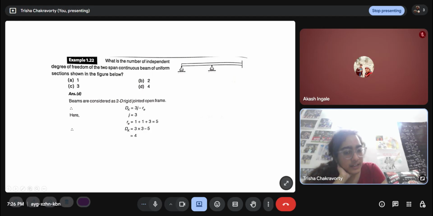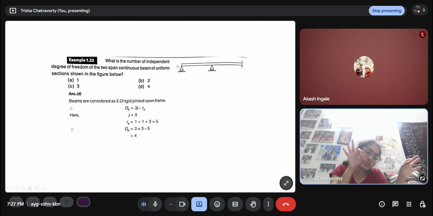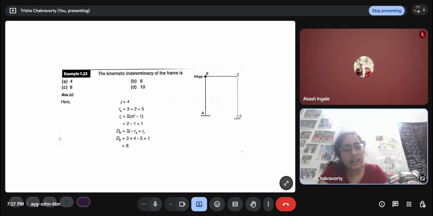What are the four degrees of freedom? This end is completely fixed, so it has no degree of freedom. Since nothing is said about this being rigid or flexible, I'm going to assume flexible. So this point and this point both can move in the lateral direction, in the longitudinal direction, and they can also rotate. So there will be some rotation and some axial displacement. Kinematic indeterminacy of the frame: now, if there is an internal hinge, Rr is the number of members meeting minus 1. So Rr is 1. We have to add Rr here because it adds an additional degree of freedom. So, 3 into 4 joints, 5 support reactions, and Rr I am adding.